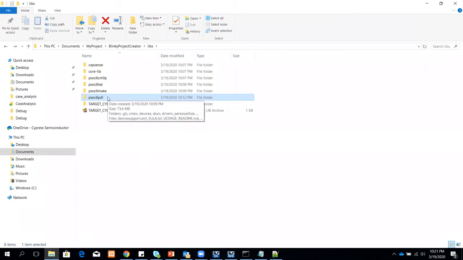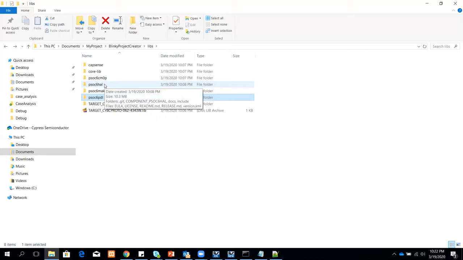The PDL is the low-level driver that you use to talk to the hardware, and it makes it so much easier for you to interact with the hardware without knowing any of the details. Then we have files specific to the make infrastructure. So you get the make for the particular device, so for PSOC 6. Then we have HAL. HAL is one layer on top of the PDL, and it gives you a generic interface to talk to the drivers. We'll be talking in detail about that.